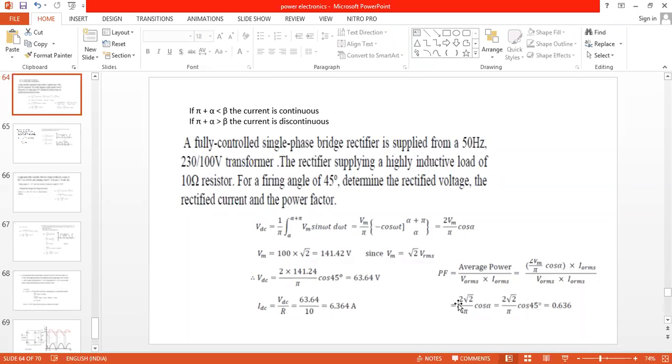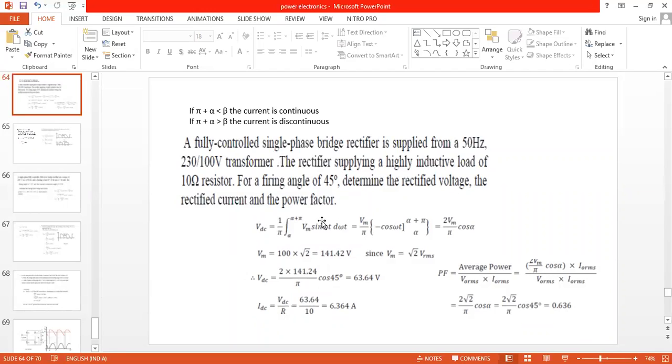This is the formula. So in the power electronics subject, for an inductive load, what is the power factor formula? You can use 2 root 2 by pi cos alpha. If you substitute 3.14 here, you are going to get 0.636. You can check it out. All of you are getting the same answer. In this way, we do the first stage of the problem: inductive load without a freewheeling diode is case 1, and with a freewheeling diode is case 2. Now all of you write the heading case 2, with freewheeling diode. In the question they will not mention it, but we have to do case 1 and case 2.